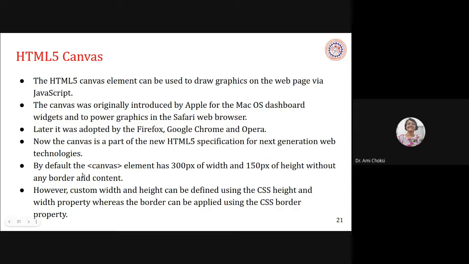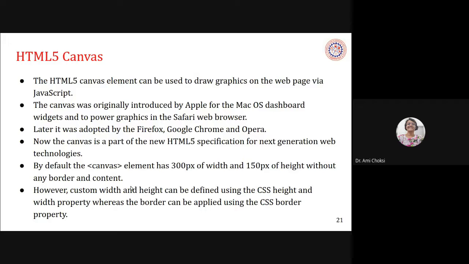By default, the canvas element has 300 px of width and 150 px of height without any border and content, right? If you are using just canvas as the element, then it means that it has a drawing space of 300 px by 150 px.